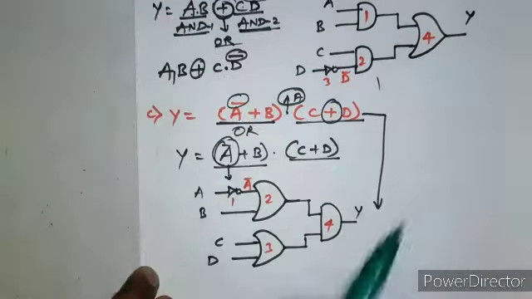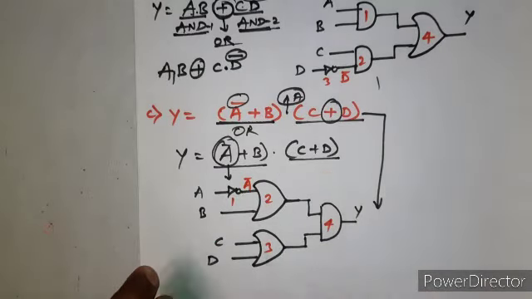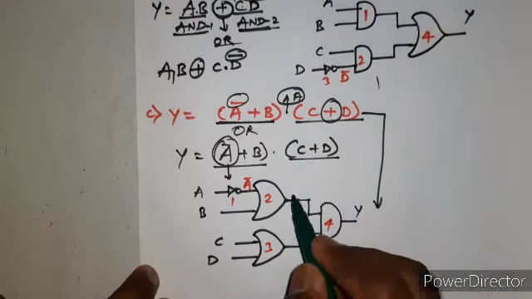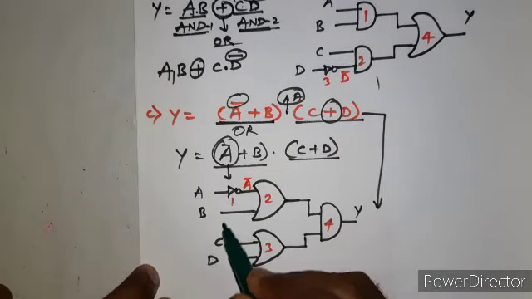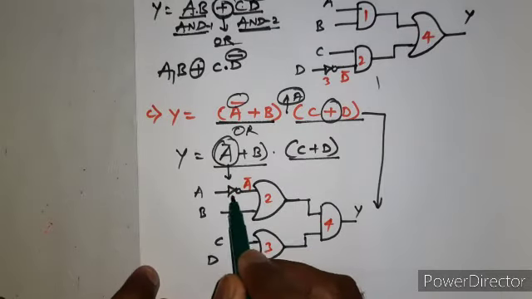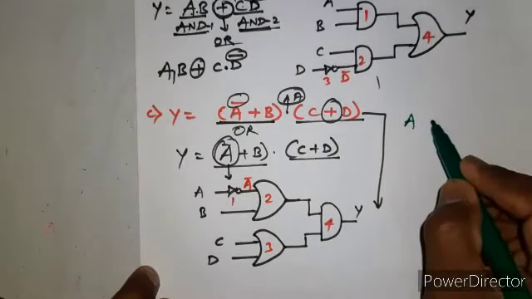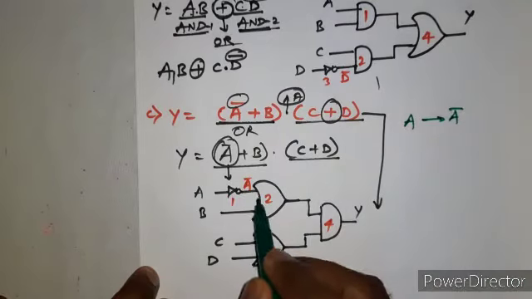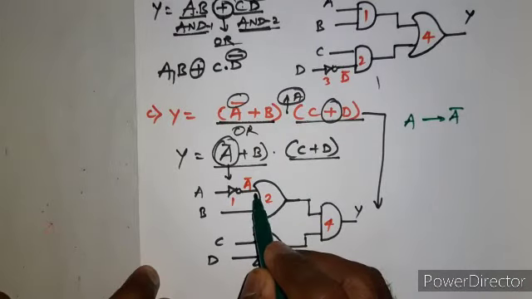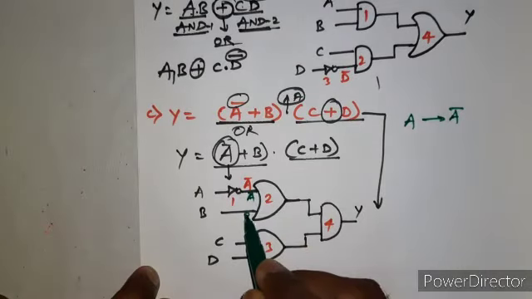Okay, other way around, you can see here. Let us consider the other way around. This circuit is given and we are supposed to find the equation. For that purpose we need to consider outputs at every gate. So first gate, input is A, since this is a NOT gate, right? If input is A, output is A bar. So for gate 2, one of the inputs is A bar and another input is B.